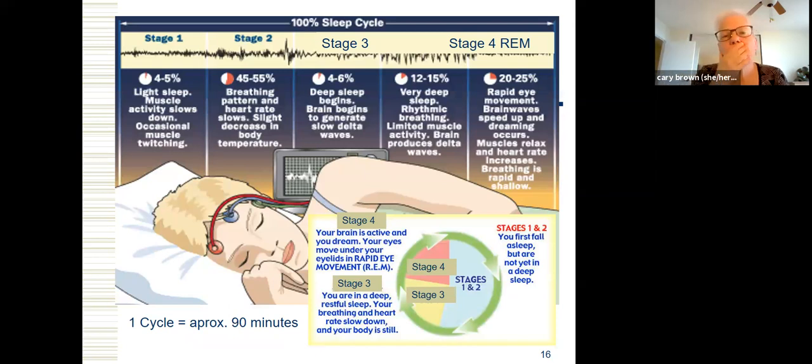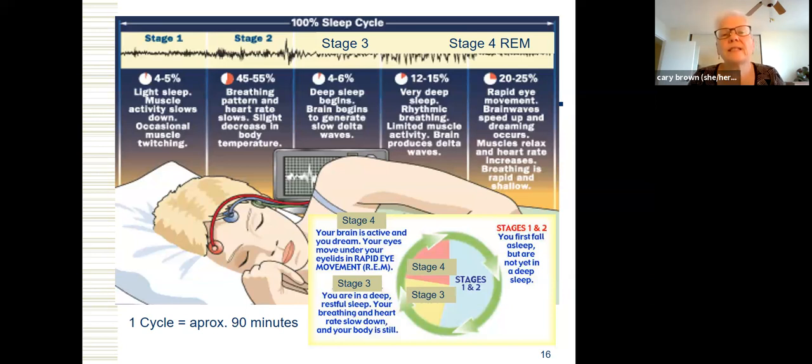just to talk about the sleep cycles, there's considered to be 4 stages of sleep. There used to be 5, and then I guess people got tired of that, so they mushed stages 3 and 4 together. So now we have stage 1, which is very light. That's the kind of thing where you'll be sitting, maybe in the afternoon in a meeting, and your head kind of bobs, and then you're awake. It's very light sleep, and all of us do that. We lay down to go to sleep, and we're in a very light stage to begin with,